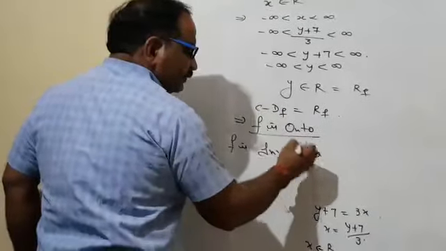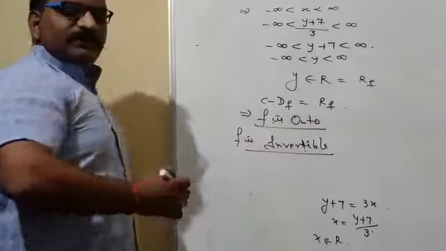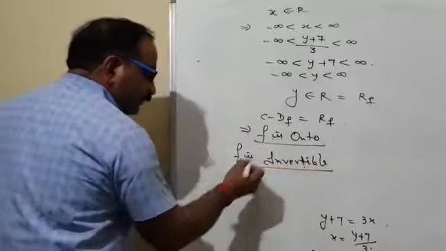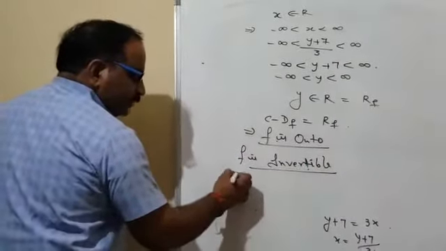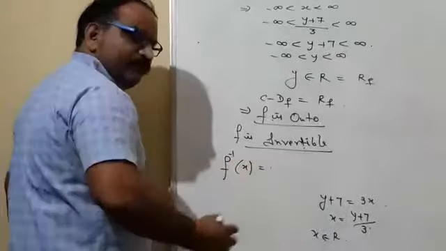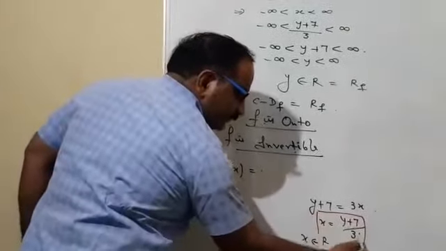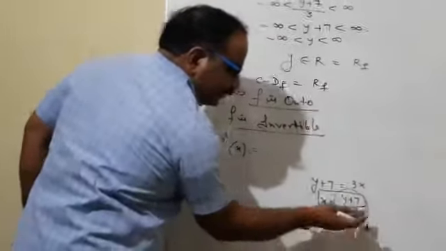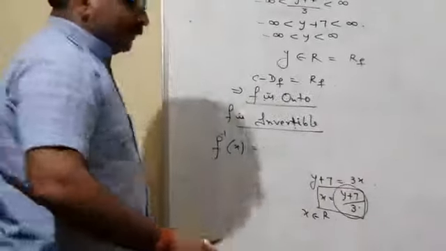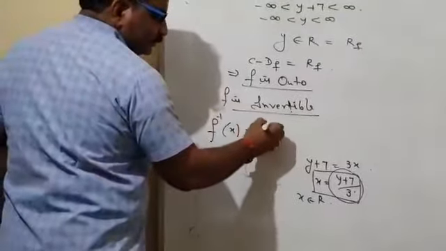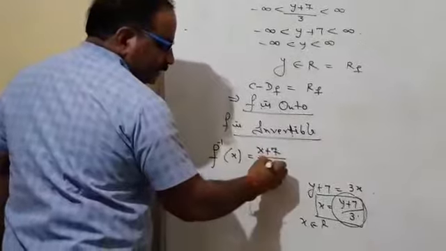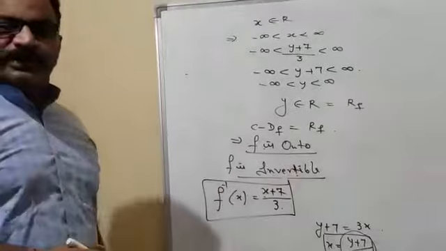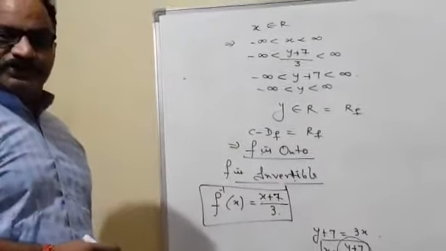So my message is very simple. In proving the invertibility of any function, I should prove the function is one-one and onto. One more thing has to be covered: the inverse function. How can we find the inverse function? So the inverse function of x will be taken by what? The value of x we have in our frame, y plus 7 by 3, will be treated as the inverse of the function. In place of y, I should assume x, so the expression becomes (x plus 7) by 3. This will be treated as the inverse of the function. That is the reverse passage. By using that, we are able to recover the previous conditions. Thank you.